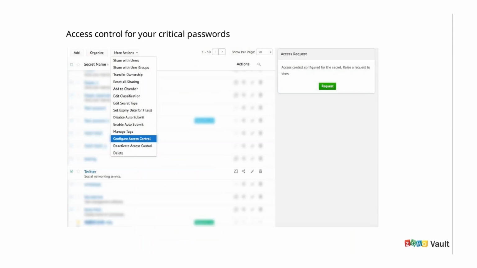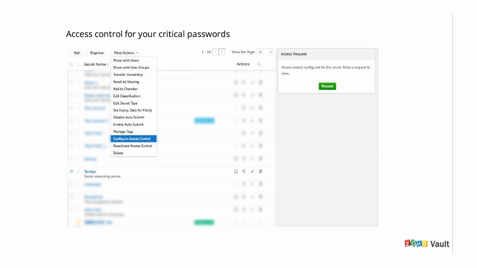And like I earlier mentioned about shared passwords that are commonly used across your organization, this is a feature that will help you secure all those shared passwords in a safe manner. So you can set up access control for these critical shared passwords using the access control feature, which will ensure that the user first requests access to that particular password with a valid reason. Later, an admin or a super admin will check and approve the genuineness of this request and then give the access to that particular user. This way, any unauthorized access of critical passwords is prevented.